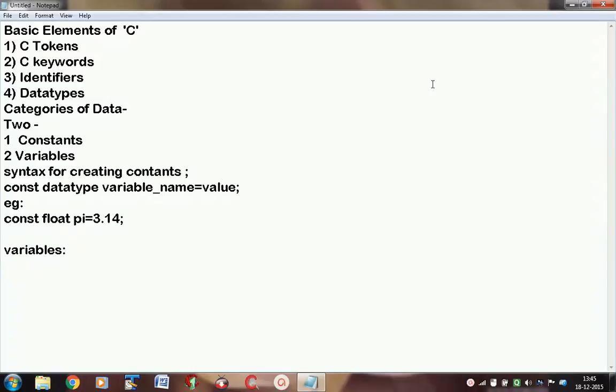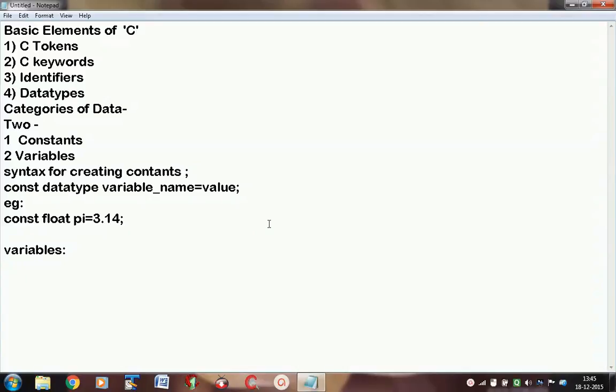We need data to perform any kind of calculations. So in computer science, these values are stored in some memory spaces. We give a name to such memory spaces, which is called a variable. So we easily store, retrieve, reuse or change the values of these memory spaces through the variable name.